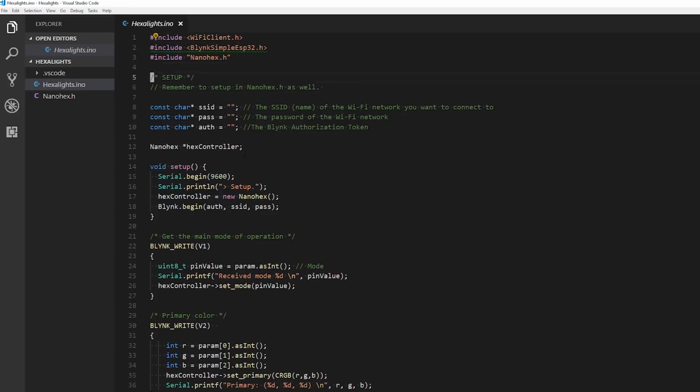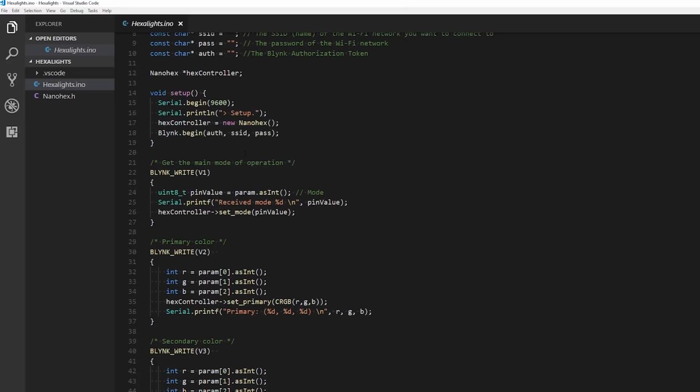Okay, so as I said in the video, we're using an ESP32 and that has a functionality for Wi-Fi, which is required for this project as we're using the Blink app to control the lights with the app. This app is really handy. I will not go in detail about how the app works itself, but the little I will say about it is that